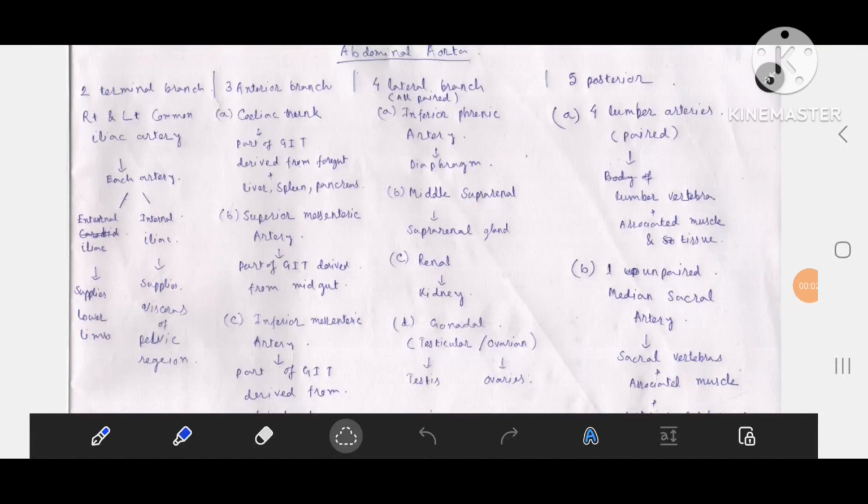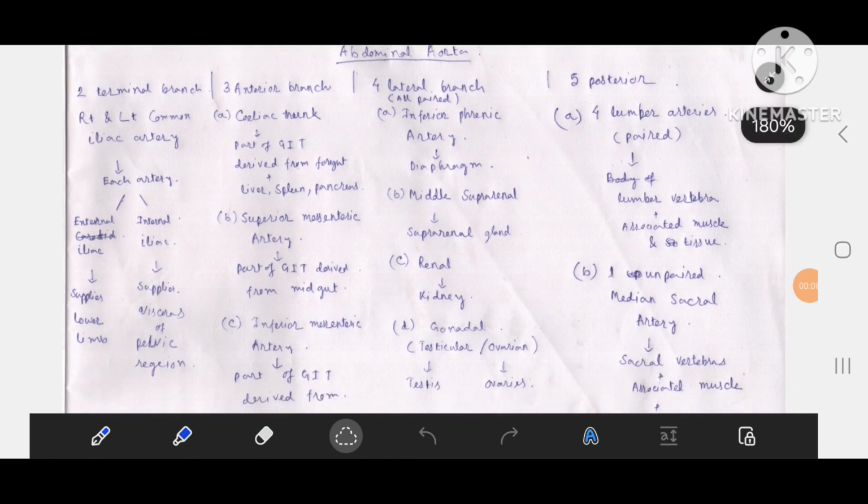Hi, in this video, the topic is branches of abdominal aorta. The abdominal aorta is the main artery which supplies blood in the abdominal cavity, in the organs of the abdominal cavity. So the branches are divided into four types: two terminal branches, three anterior branches, four